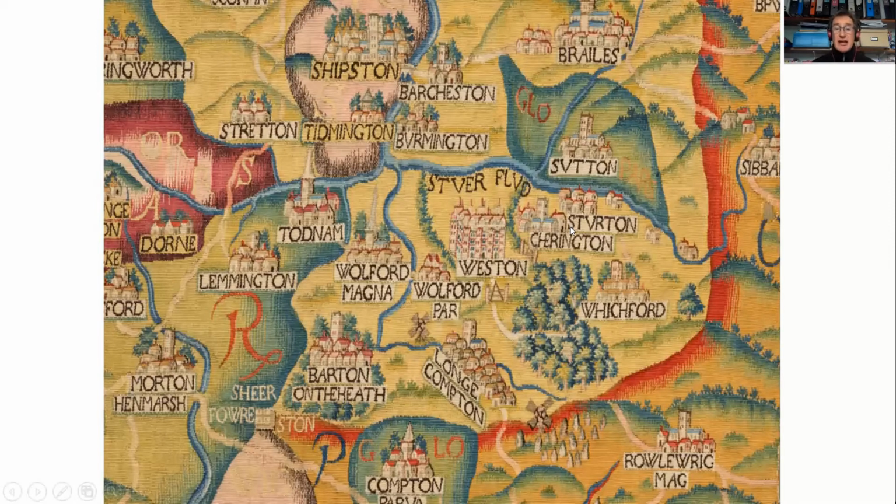And just to give you, again, a flavour for the landscape, we can see woodland. We can see these rounded hills, all the villages. And we've even got the Rollright Stones. So anyone who's familiar with the Rollright Stones, they don't look anything like that, but they're a little stone circle